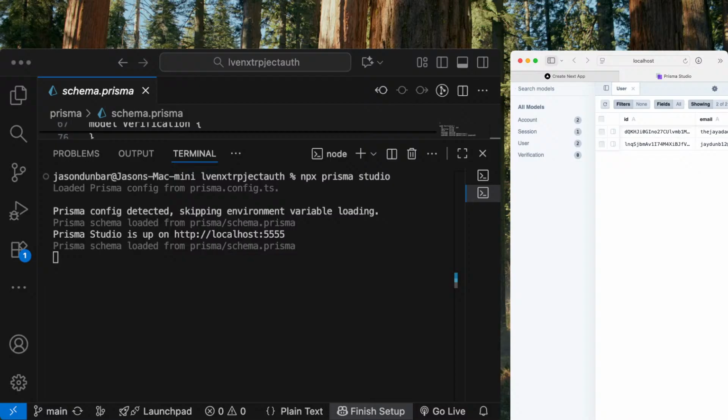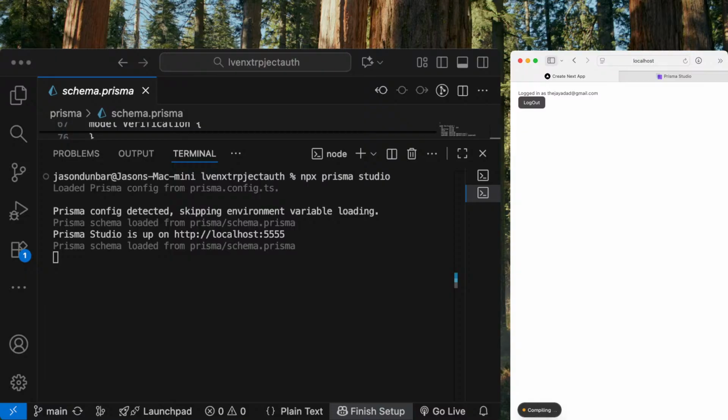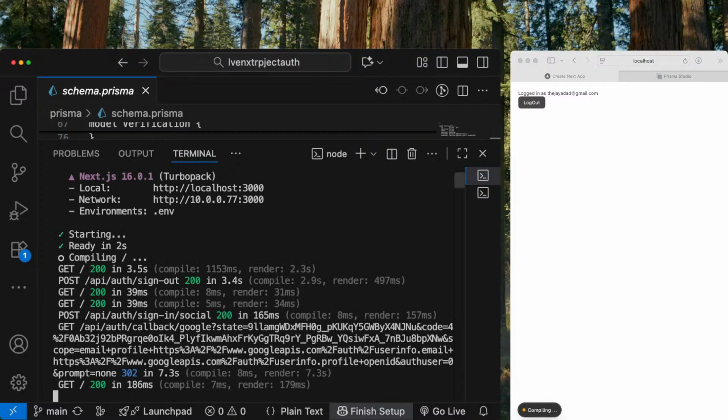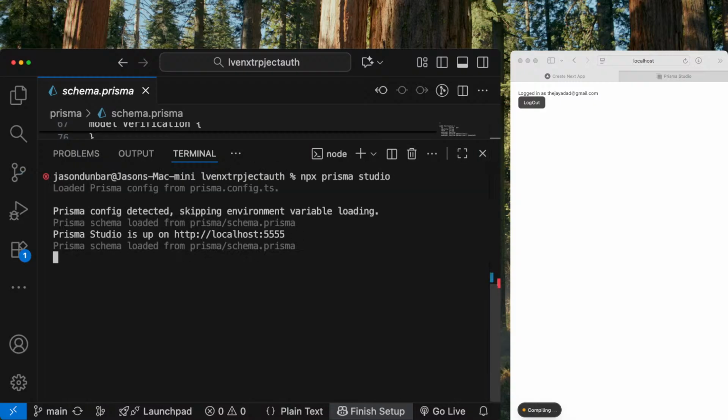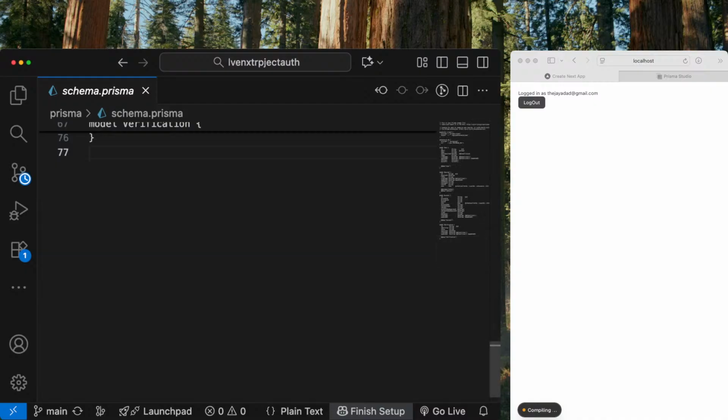Just looking at it. Yeah, we just have a user, verification, session, and account. I think I had a post in a previous video, so I just wanted to make sure that it wasn't still there, but I guess it would have told me if it was. So for right now, we'll just stop the server. Close this out. We'll stop the studio as well. Let's shift our focus to